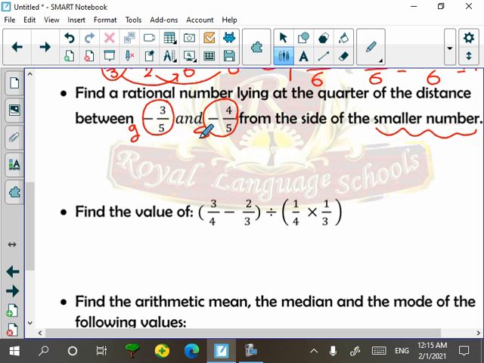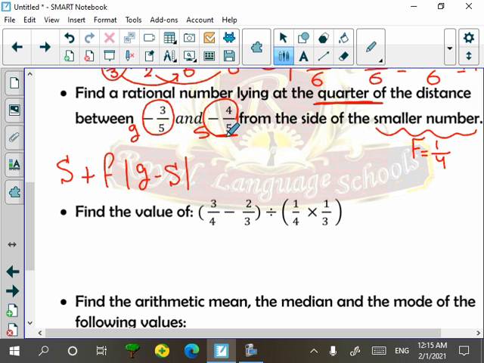It says in the question, find a rational number lying at a quarter of the distance. Then we can say that f equals 1 over 4. Let's write the law. The law says: the smaller plus f times the absolute value of g minus s. Then the smaller will be